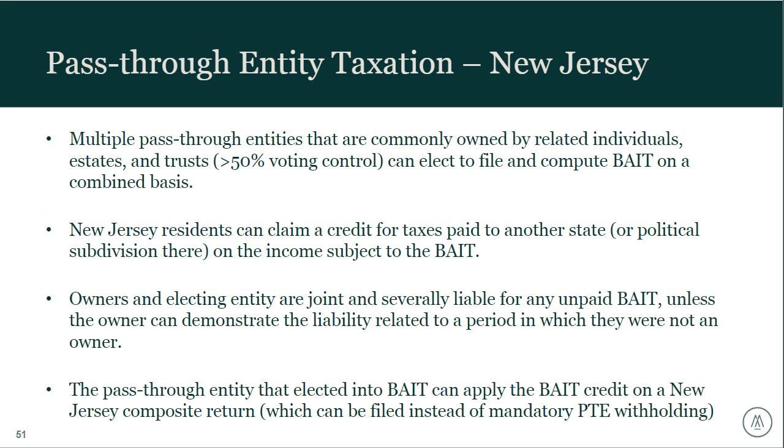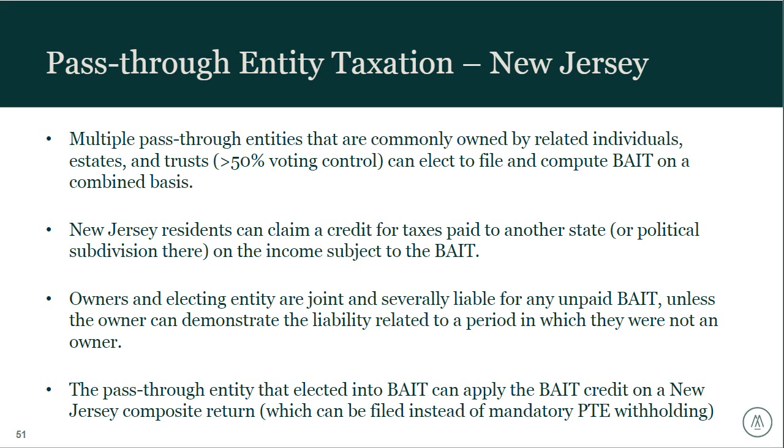So, with respect to credits, New Jersey residents can claim a credit for taxes paid by the pass-through entity on that BATE income paid to other states. So, again, New Jersey's regime is going to be more similar to that of Illinois rather than Maine, where it's fairly generous on the application of credits to its residents. With respect to non-residents,